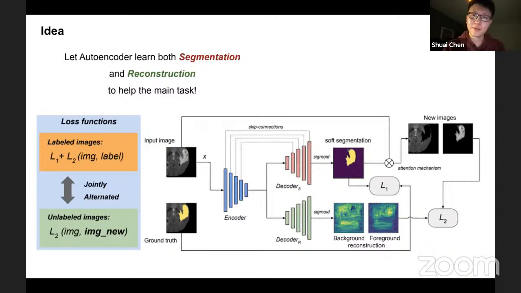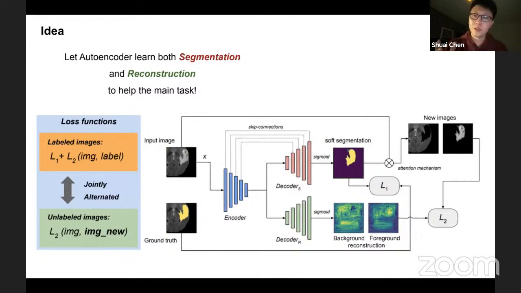One point of fusing these two tasks is that the reconstruction may focus on some area that we are not interested in. For example, we want to segment the tumor, and maybe in the whole brain, the tumor is not the really complicated area. It may be complicated in other textures.